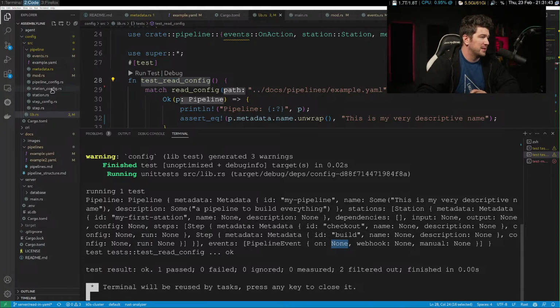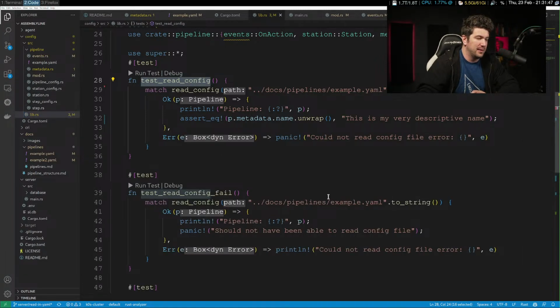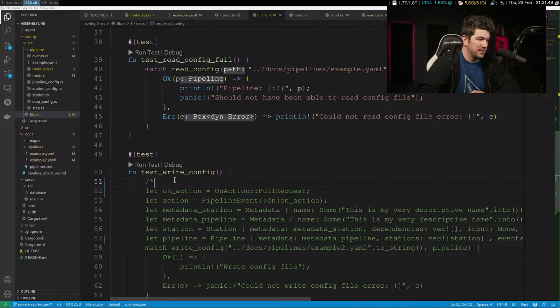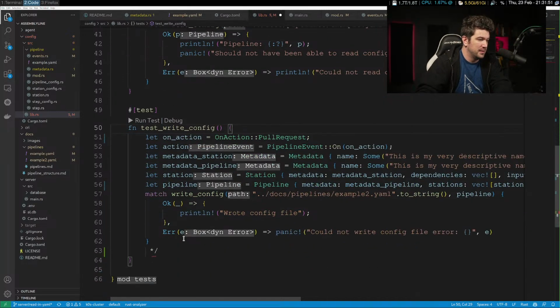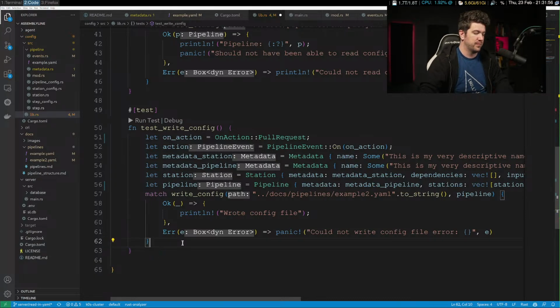I was hoping not to build this whole thing, but I think that's what we're about to do here. Because obviously I'm missing something. I am not doing something right.